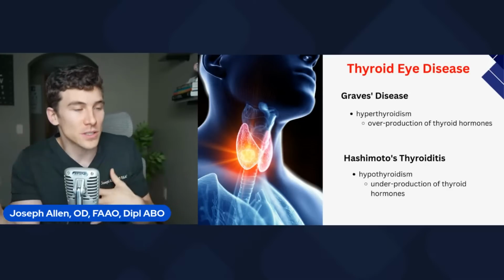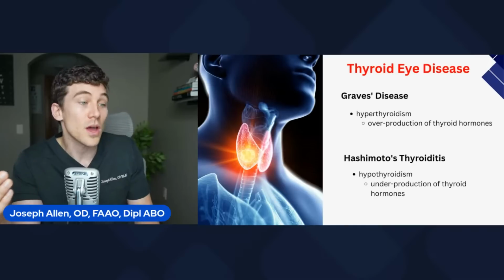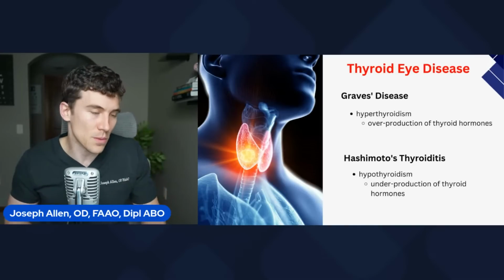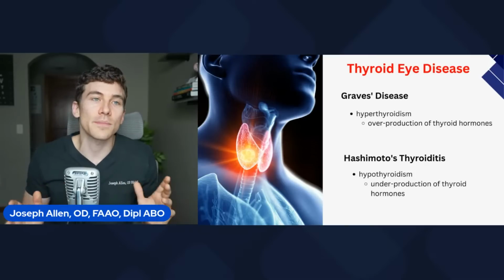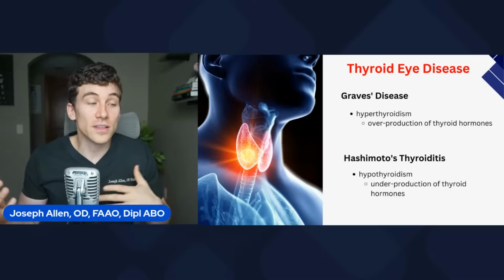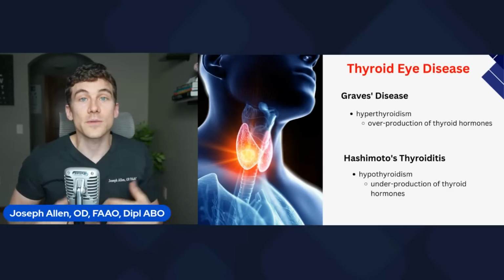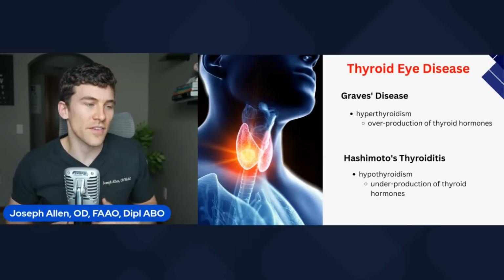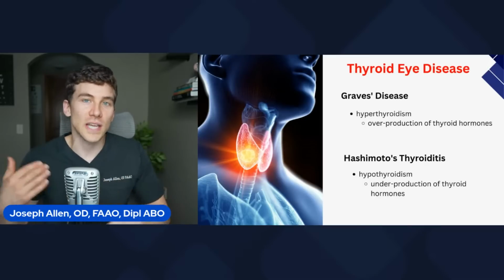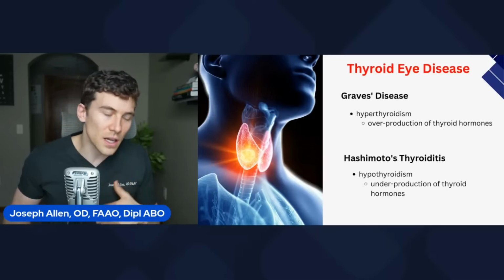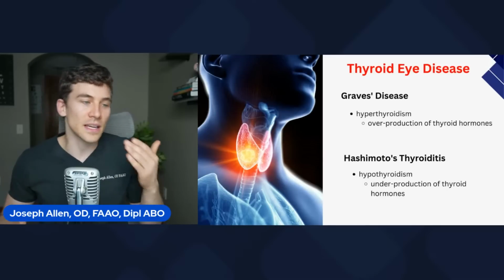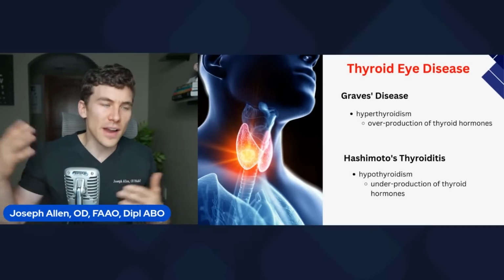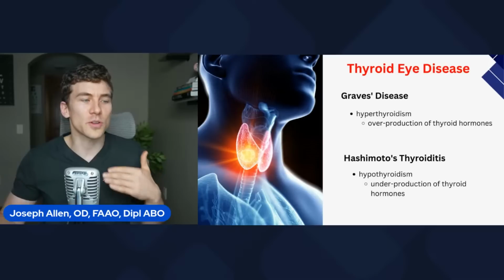Now, typically the two biggest thyroid conditions that we are always aware of are Graves' disease, where you have too much thyroid, or overproduction of thyroid hormones, or Hashimoto's, which is hypothyroid. You don't produce enough thyroid hormones. Typically, if you have Graves' disease, you have too much thyroid, you have a lot of energy, your metabolism is really fast, and you typically lose weight pretty quickly because you have a faster metabolism. Hashimoto's is just the opposite. You feel really fatigued and sluggish. You tend to gain weight more. Your metabolism isn't as fast. And temperature-wise, with Graves' disease, people feel really warm. With Hashimoto's, people feel really cold.